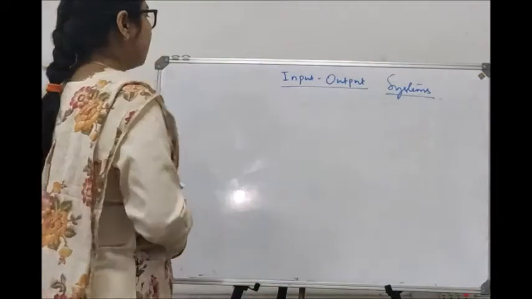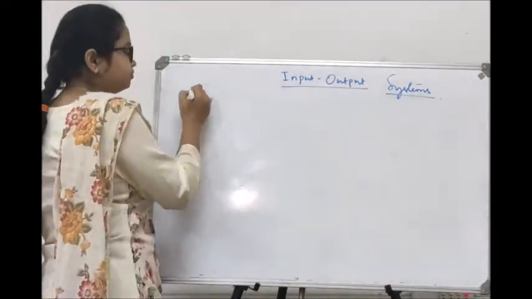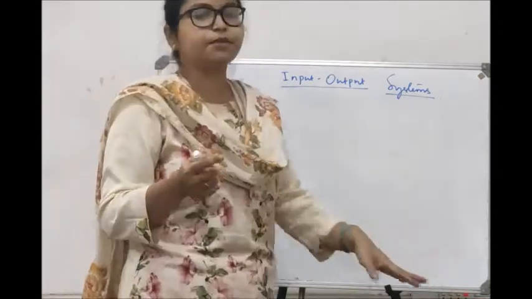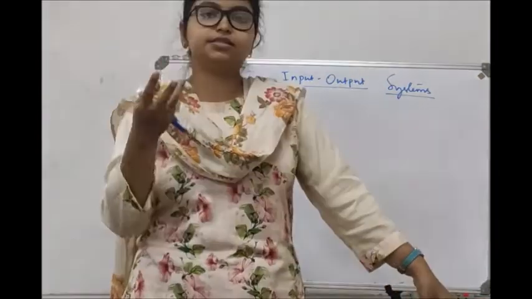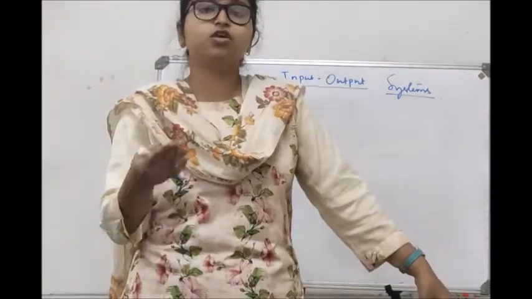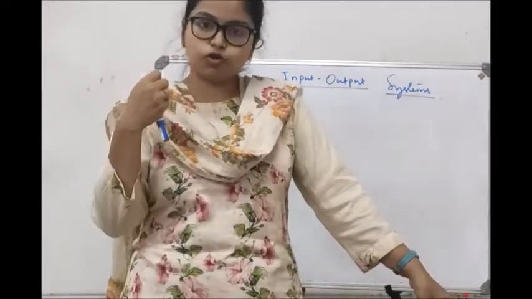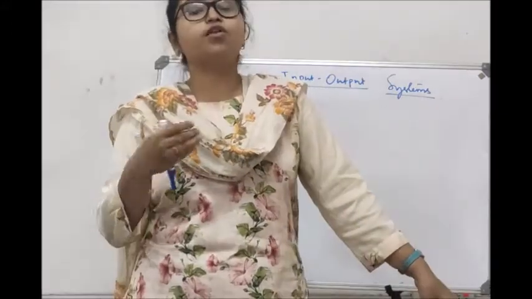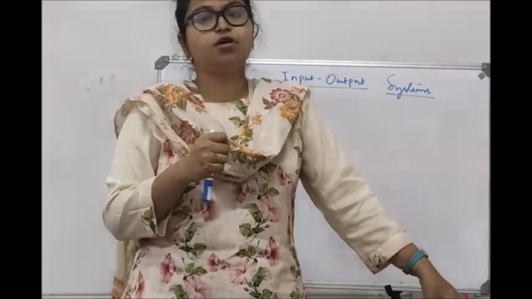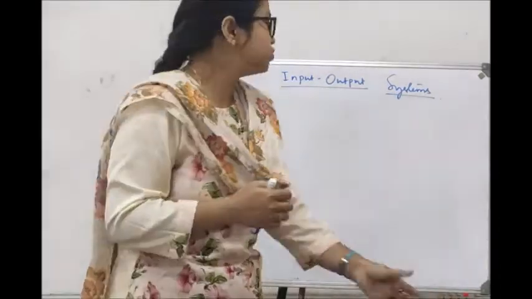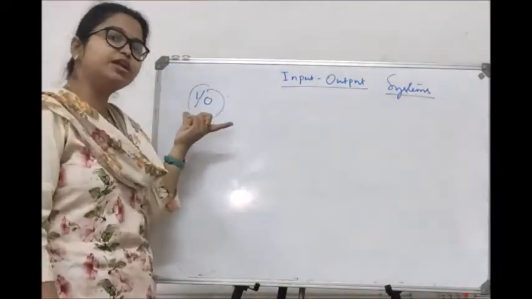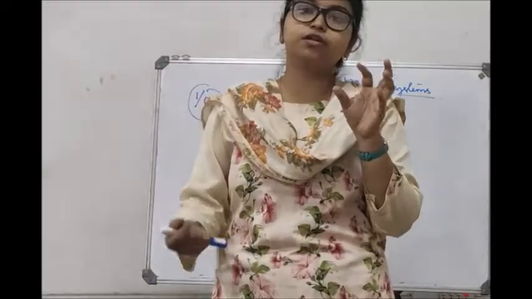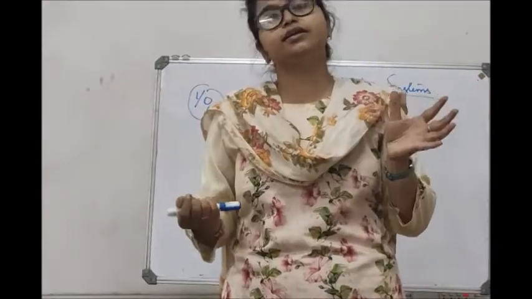So first of all, what is input output? What is IO? Input output means the peripheral devices through which we can see or print output, or through which output can be visualized, or we can provide input to the system externally. So IO are the peripheral devices. Peripheral means they are not part of the integrated system, but we can attach and detach them.